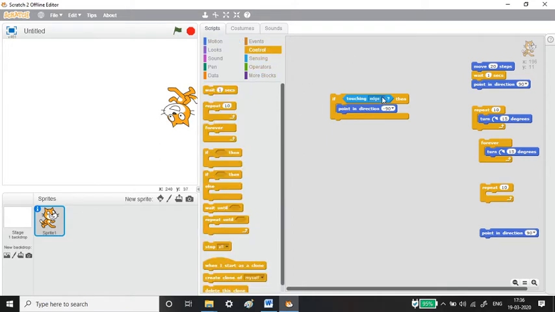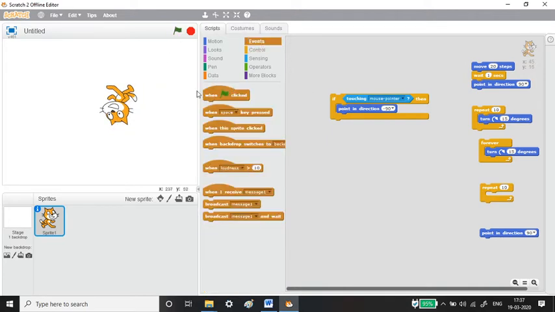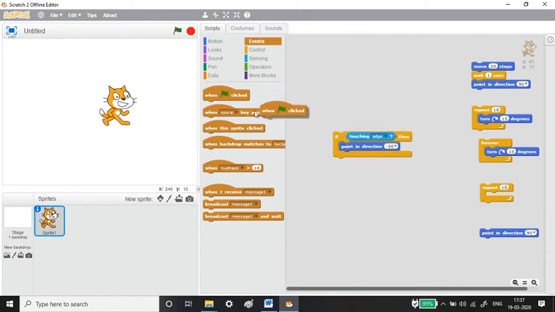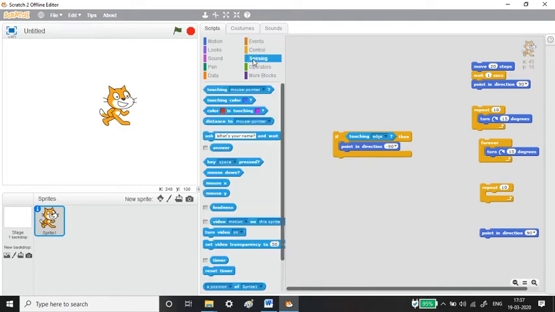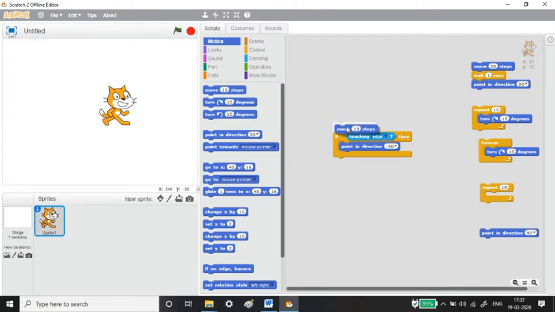So here you can also give like this: if mouse pointer. I'm placing this when-click block and starting the program. Let us point towards this direction and keep it at the edge itself. For the mouse pointer, it needs some more process behind the scenes, which I will explain while creating animation. See here, I would make this move.